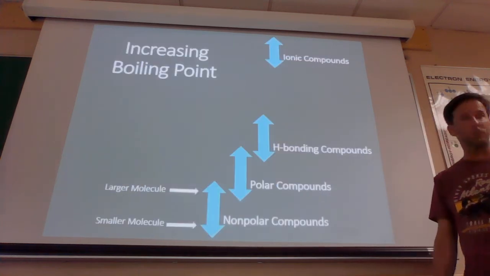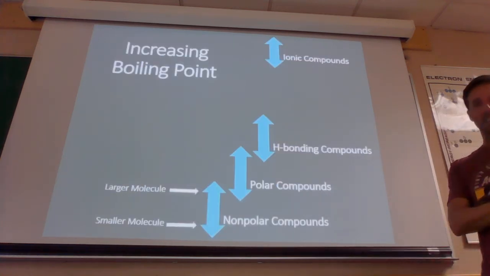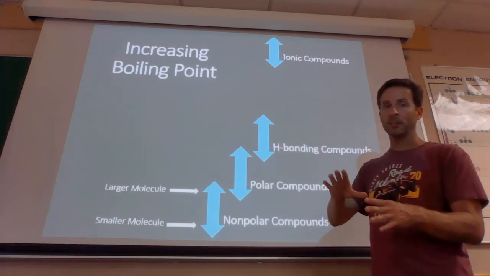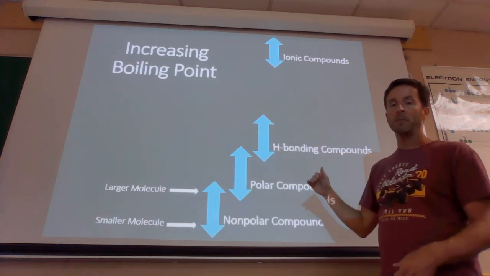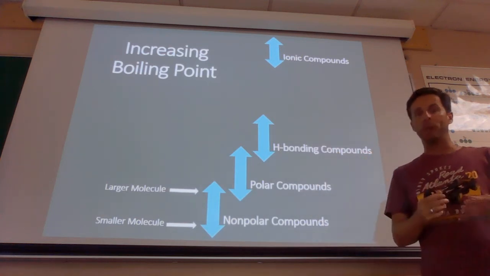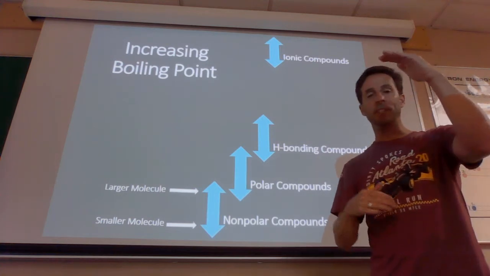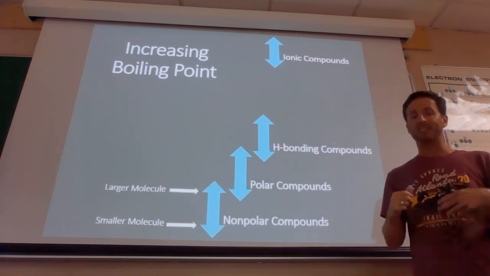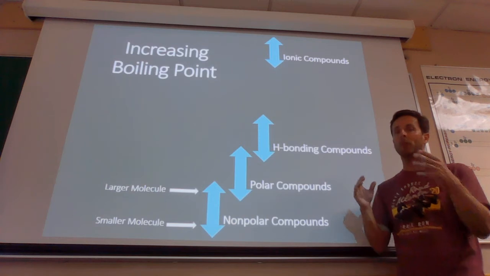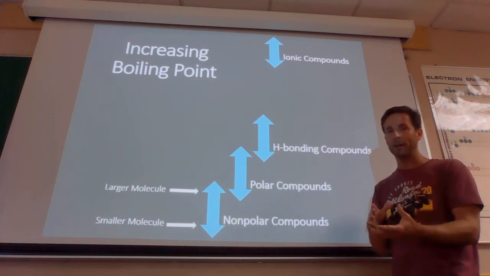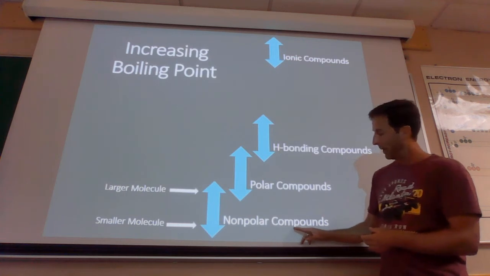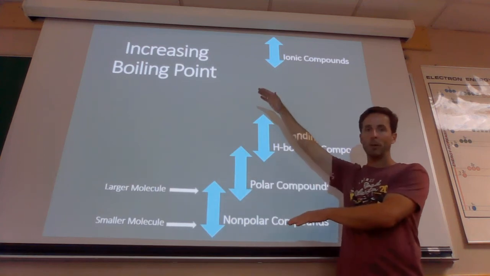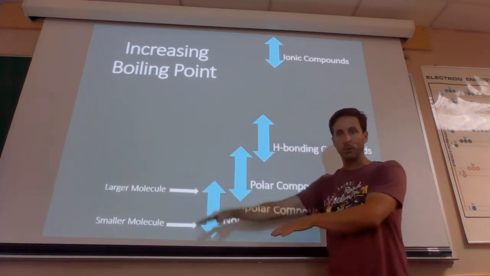All right, so that brings us to probably our last slide in this section, where we look at the 4 intermolecular forces that I ranked number 1, 2, 3, and 4. We initially assumed that they were all separate. We said hydrogen bonding is stronger than dipole-dipole, and dipole-dipole is stronger than London forces, and that doesn't give us the whole truth or the whole story. This slide actually shows it a little bit better, where nonpolar compounds that have London forces, if I go from low boiling point to high boiling point, or low intermolecular force strength to high intermolecular force strength,